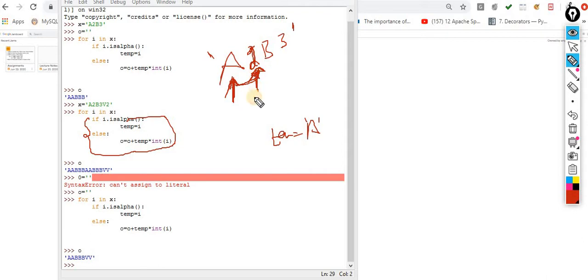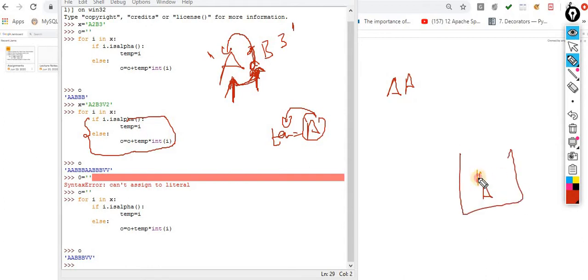If it is a digit, then this current position digit will multiply with the previous character. How can I remember the previous one? I store it in the temporary variable. Okay, now the process has been done. After this process, you have to add it into the new container. Now the cursor will move over here.